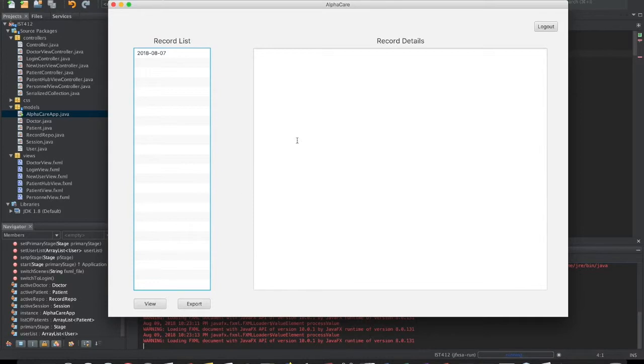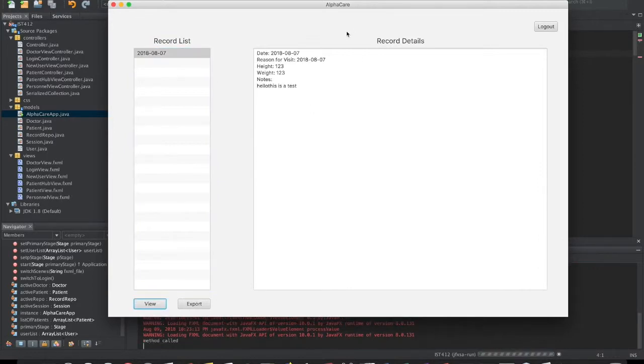The guy who you saw the doctor just created a new record here, and that's what we're seeing in this list view. And we want to click on that record list, and we're going to view those records. Now, that's just an example of one of our other use cases, retrieving the patient records in a way from the patient's point of view,